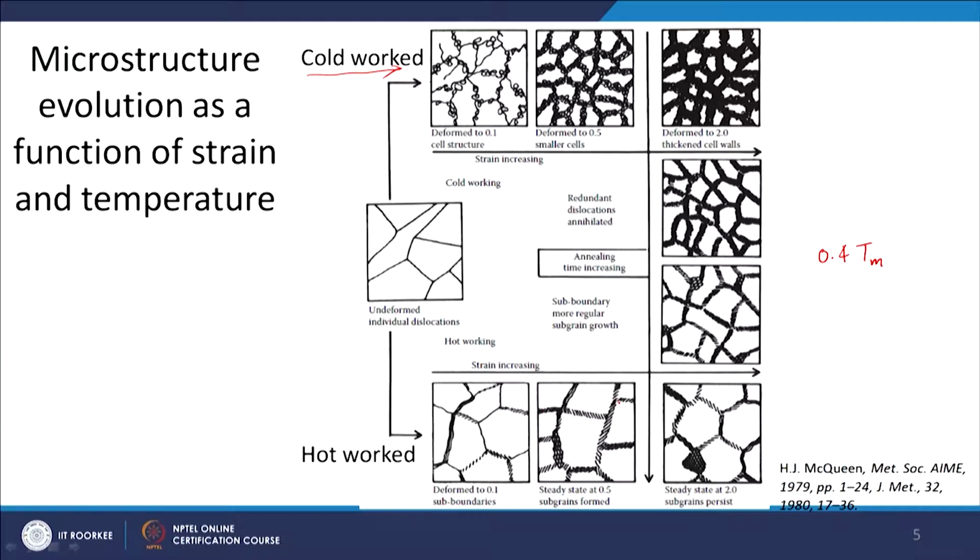You can see that they are becoming thicker and thicker, and again the grain is getting subdivided into sub grains, and these are all now sub grain boundaries or low angle grain boundaries. With increase in strain, the sub grains are still persisting. You can see that the size is not changing much, and the thickness of the walls is not changing much, but there will be some refinement in some localized regions because of the strain, and these two microstructures are in between the two, that means the cold work and hot work.